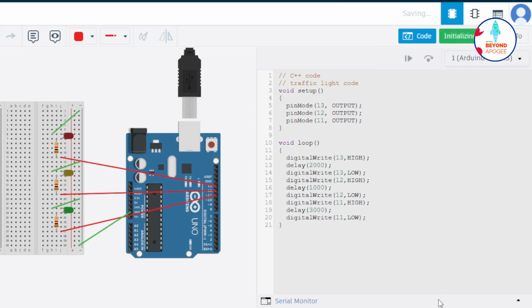Let's see how this works, and let's see if we have created a traffic light signal or not. Start simulation. Okay, first red comes up, stays for 2 seconds, and what happened over here? Yellow. Okay, yeah, yellow has just 1000 timing. So in order to make it a little realistic, let's just increase the timing. So this will be 3000, this will be 2000, and this will be 4000. Okay, now let's start the simulation again. So the red comes up, stays for 3 seconds, and the yellow for 2 seconds, and the green stays for 4 seconds. Wow,